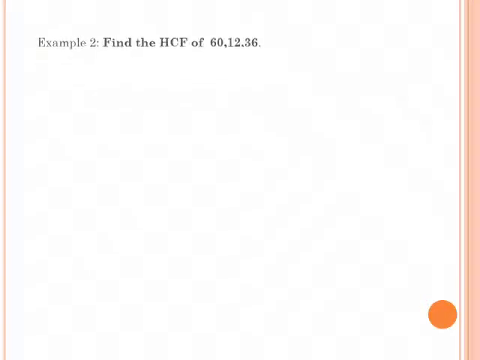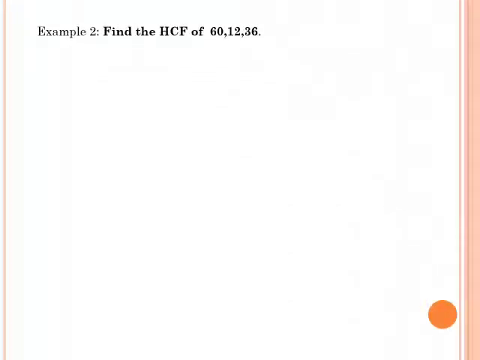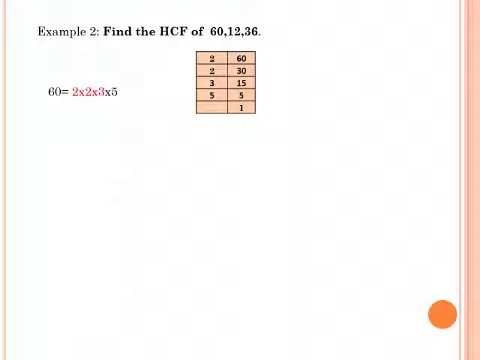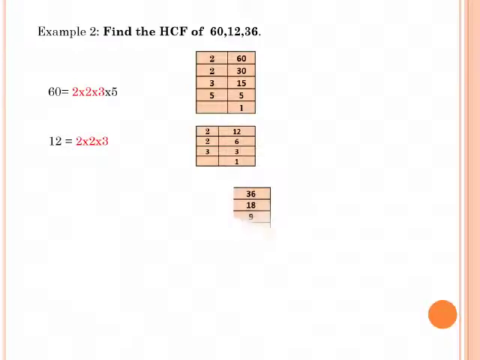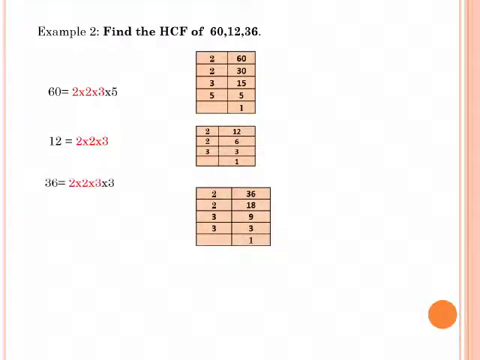Now next we start with the example, finding the HCF of 60, 12 and 36. So the first step is to find the factors of the first number. Finding the factors, you write your factors in a horizontal manner. Then you find the factors for 12, write it again in the horizontal way. Finding the factors of 36 and writing it in the horizontal way. Now all the prime factors you have found out will be written to the right hand side corner of your book, and horizontally you will be representing each number with the factors over here.